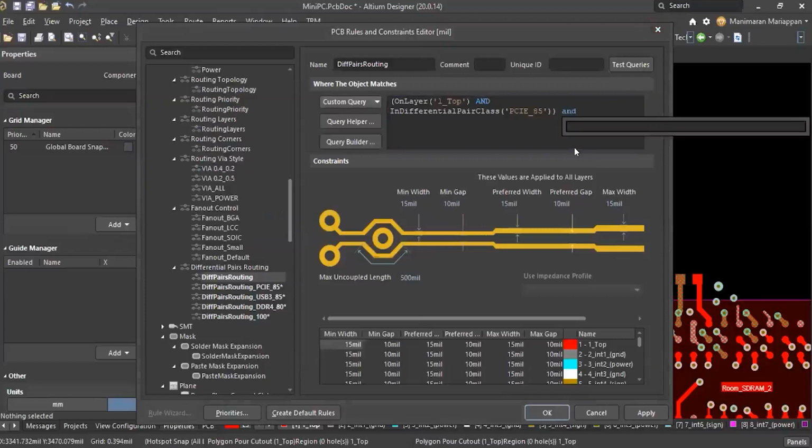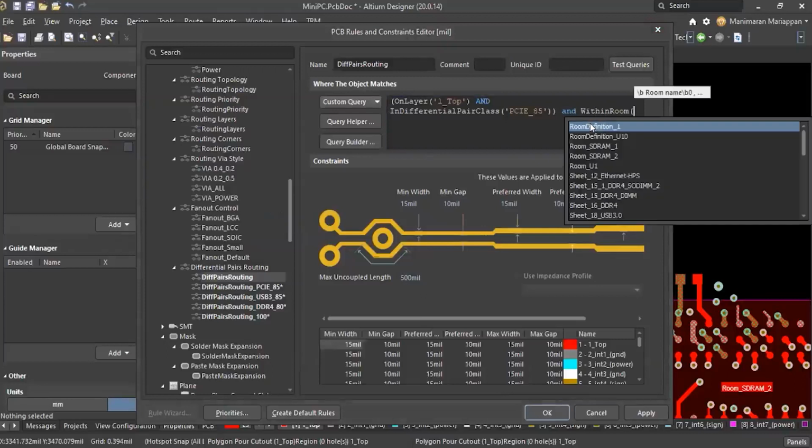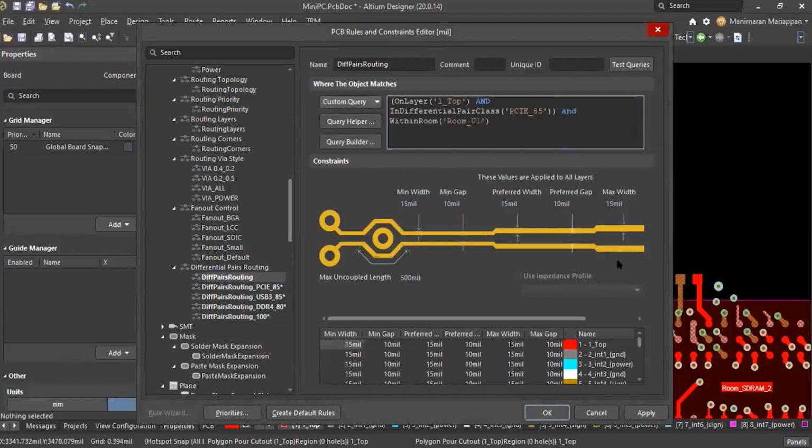I'm just typing within room. Okay, we have not selected the, we have named the room, right? Consider room U1. It is room U1 only. So on layer 1, meaning top layer PCIe signal, and within room only this area.